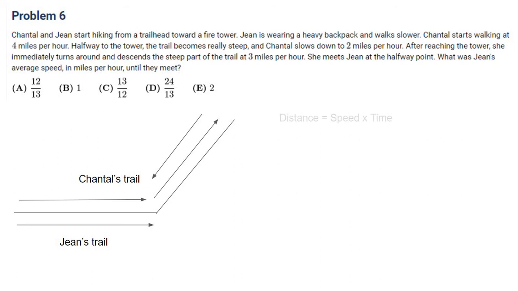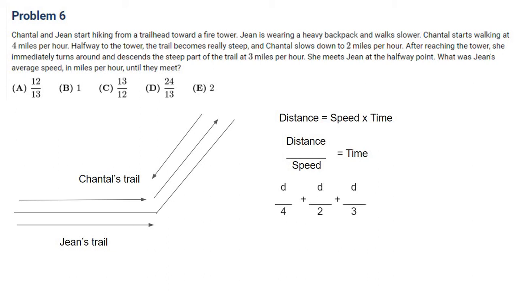So here, we need to remember that distance equals speed times time. And this formula will help us solve this problem. So here we can rewrite this formula as distance over speed equals time. So now we can use this formula as distance over speed, since we know that, let's say D is halfway